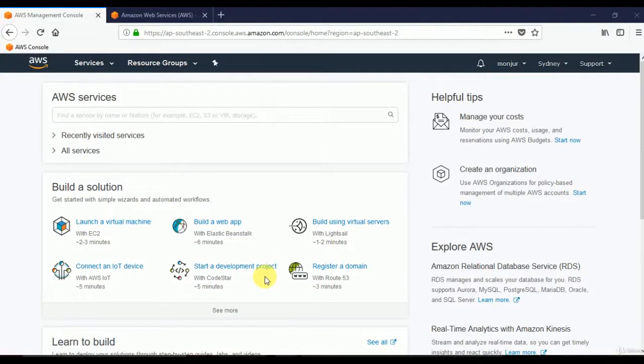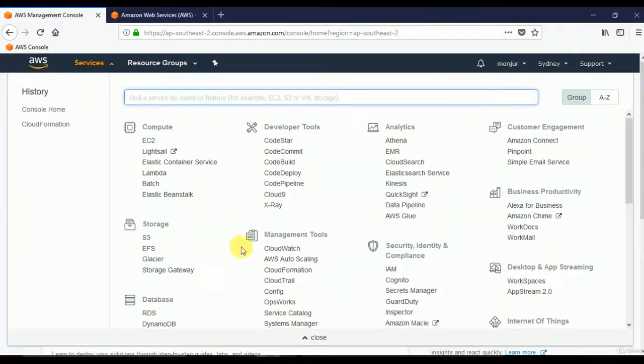Hi, this video is about CloudFormation Template Designer. This is part 2 on this topic of Template Designer. We will see a few bits and pieces in this video that we left out of the first video. So for this, we need to go to CloudFormation. I clicked on services and then CloudFormation,